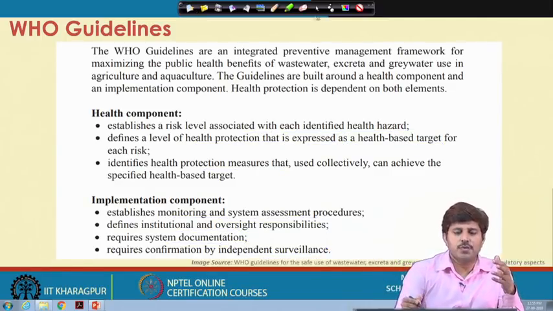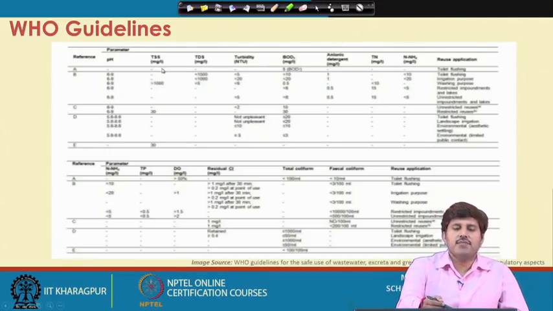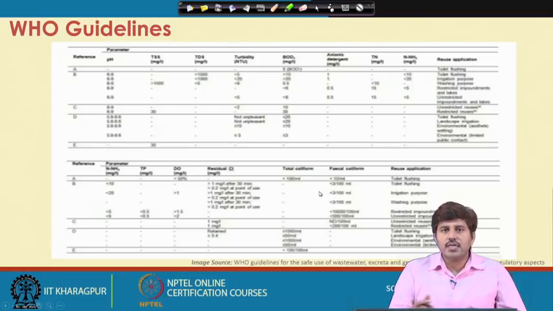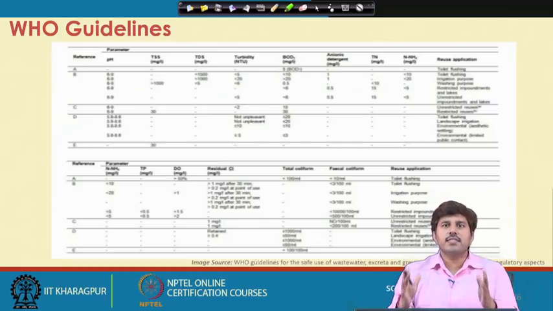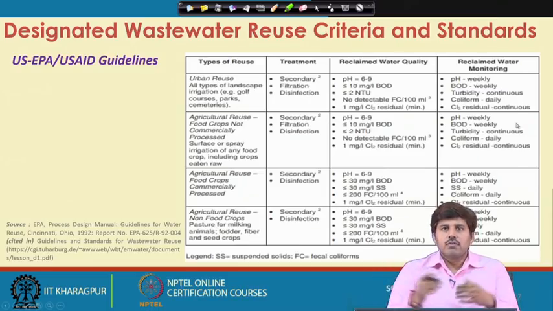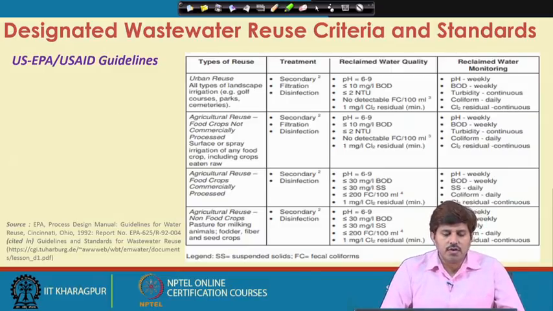So, this is another kind of WHO guideline for different types of reuse. What are the criteria for pH, TSS, TDS, turbidity, BOD, those kinds of things? I am sorry that the numbers might not be visible, but the idea is that such systems exist which can be used to see to what scale treatment is needed based on my target reuse criteria. Okay. So, if we look at the designated wastewater reuse criteria and standards from USEPA or USAID guidelines,